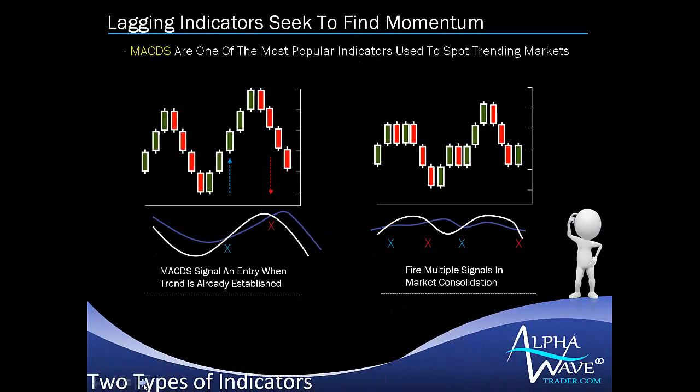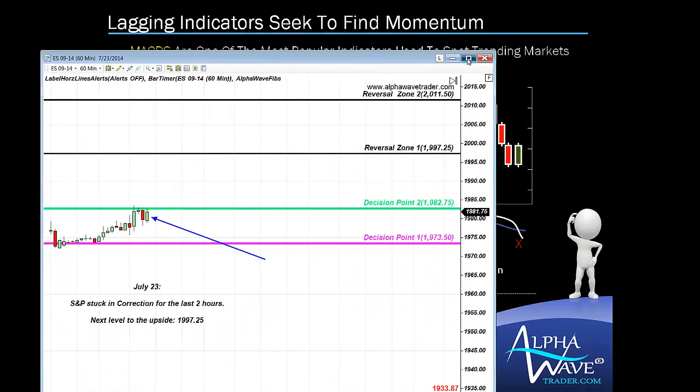This is an example of one of the very last indicators I used, which is moving average crossover, which works fantastic 20% of the time in powerful trending markets. If you're using an indicator in market consolidation, that is a bit of an issue. And that's exactly what played out today on S&P.